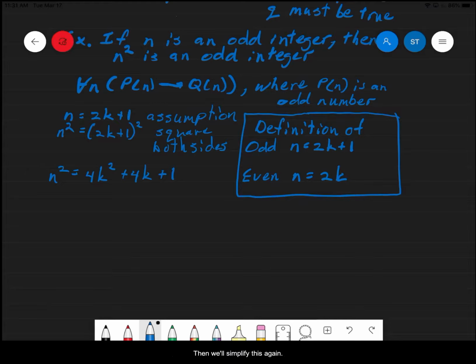Then we'll simplify this again, say n squared is equal to, and this time I'm going to factor out a 2, so this will become 2 times k squared plus, plus,